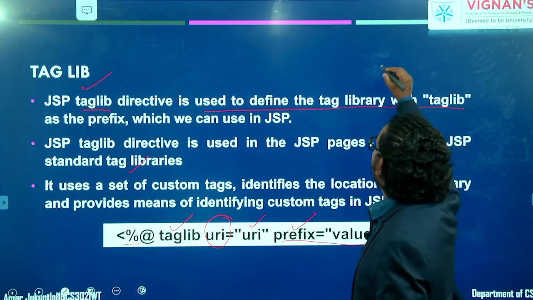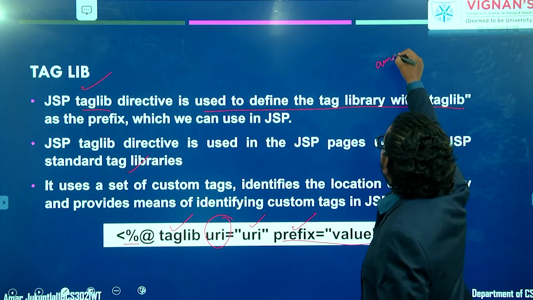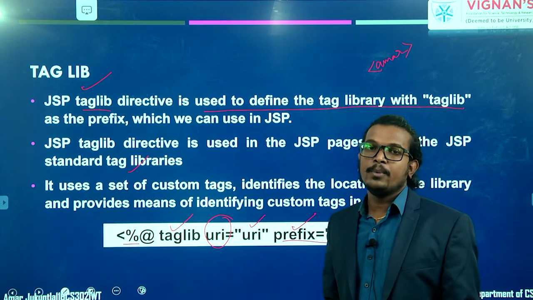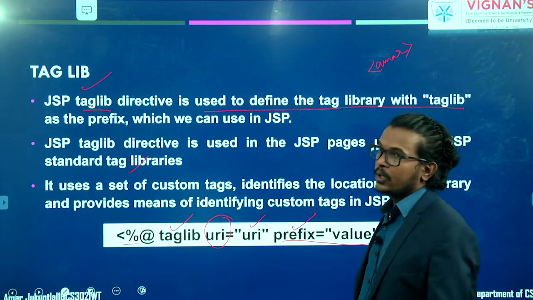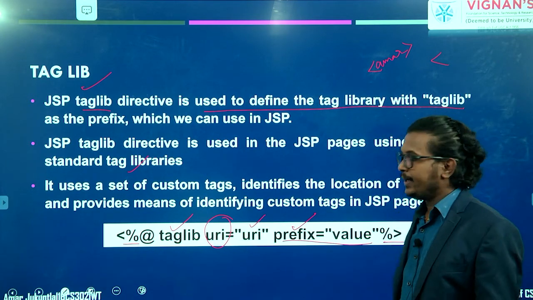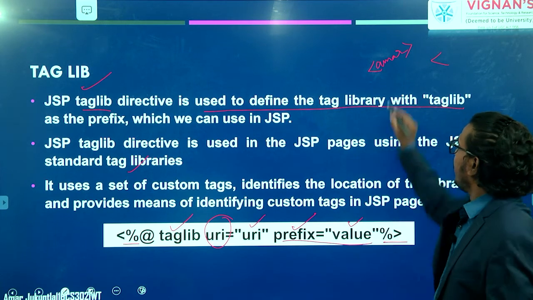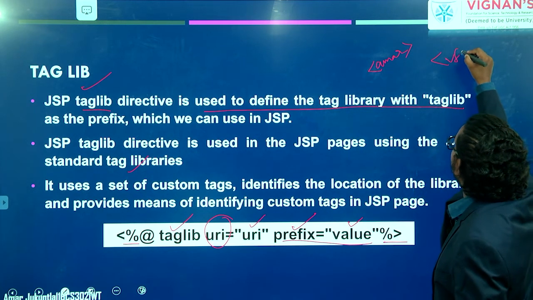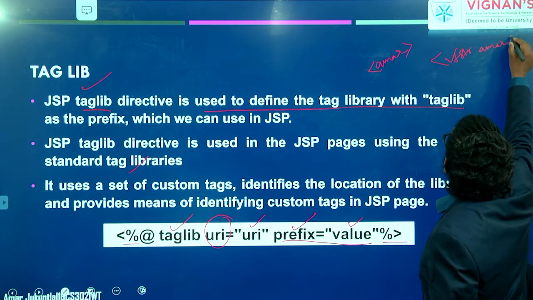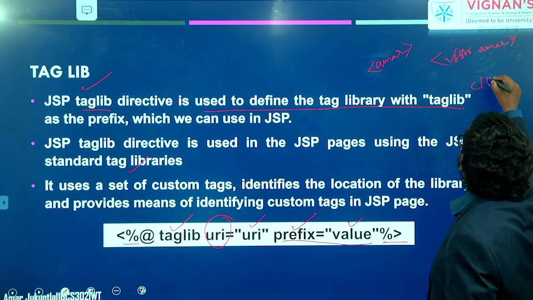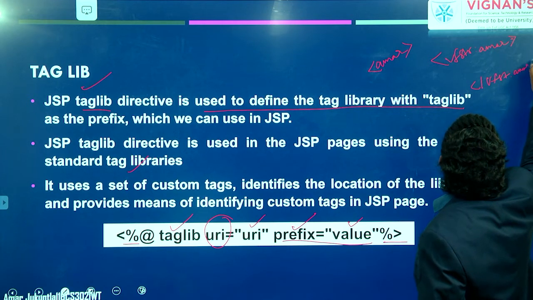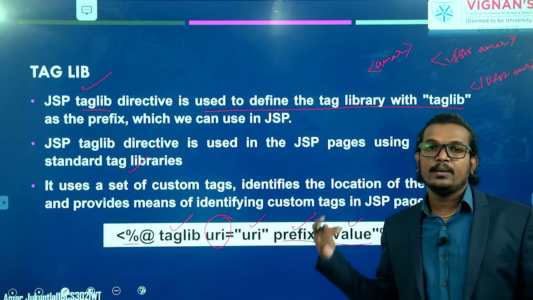Okay, for example, my tag name is Amar. So where you want to use that particular tag, here you have to define that particular prefix value. You have to pass the prefix value here. So before Amar, I am using vfstr colon Amar. If you call this vfstr colon Amar, it will display that particular Amar tag information.